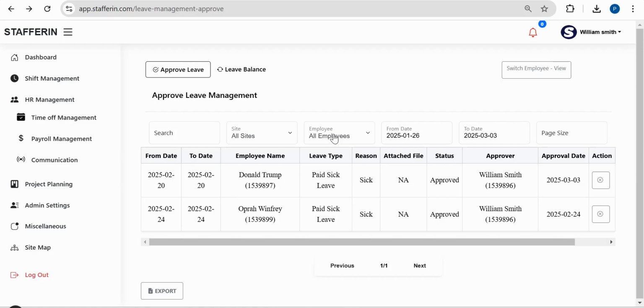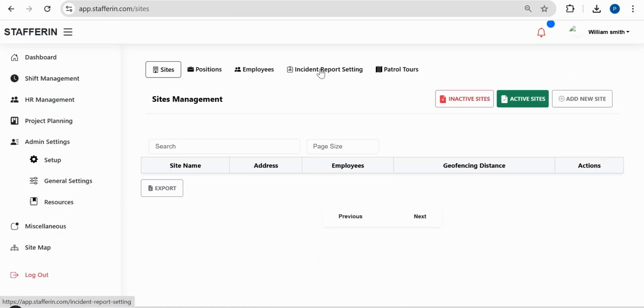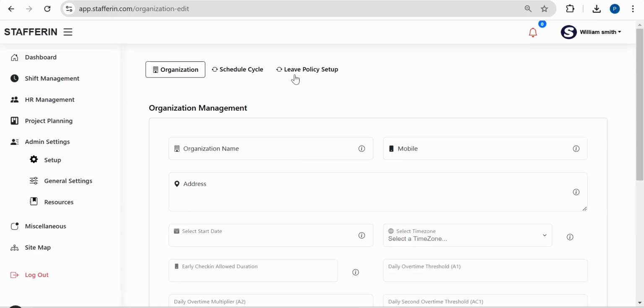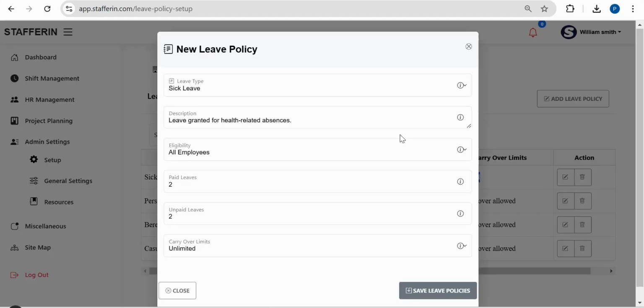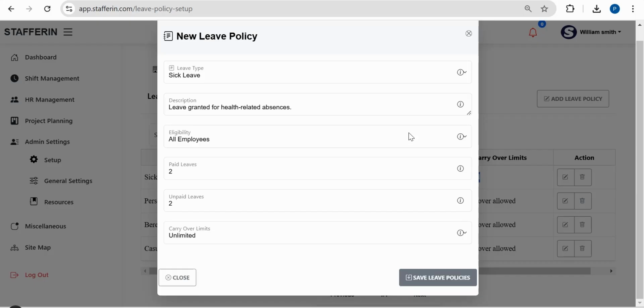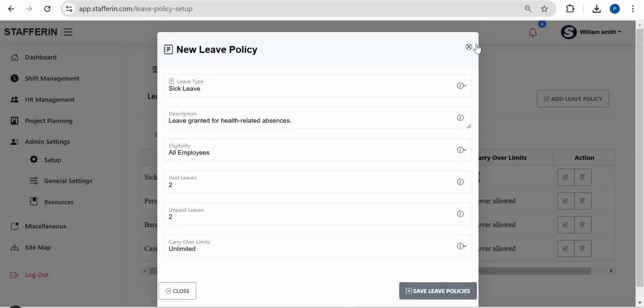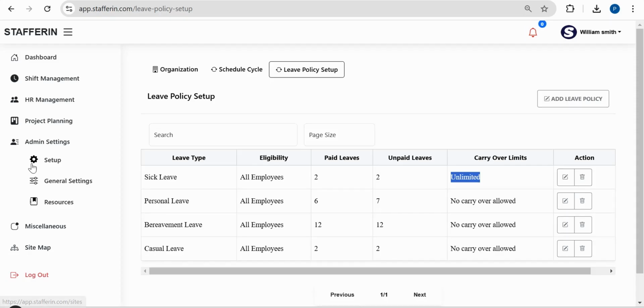And if you want any of the leaves to be carried forward to the next year as well, the same feature is also available with us. In the leave policy setup, you need to define no carry over allowed, or unlimited. If you have any doubt about what this feature is, just hover over it. It will give you detailed information about what this feature is and everything. Okay. So our software allows leave management, our software allows patrol reports, our software supports incident reports,